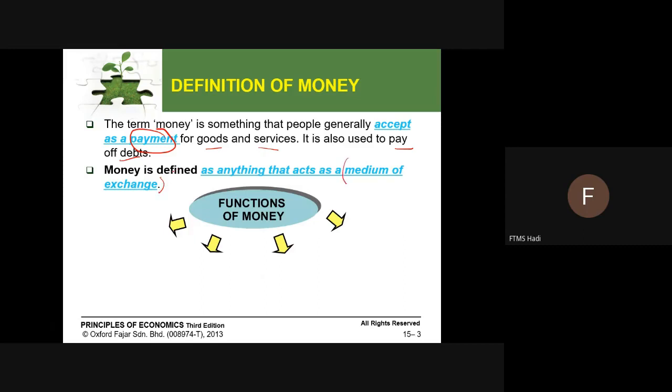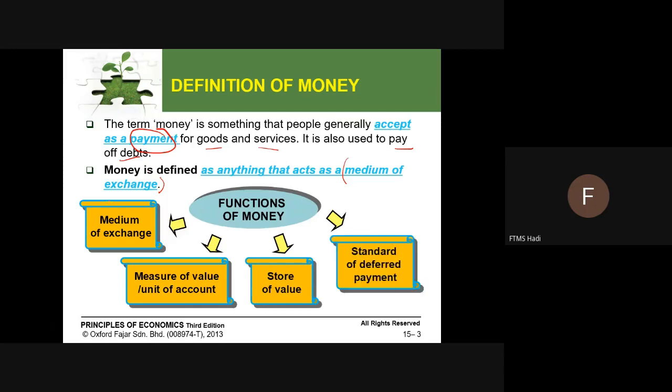Centuries ago, they didn't have a money system, but they had one initiative called barter exchange, whereby they traded goods with one another. For example, one seller trades clothes for a cow. That is a barter system: they trade goods with goods. But nowadays money is used as a medium of exchange. That means in order for you to get some goods or services, you need to pay as their exchange. So let's have a look at the functions of money.